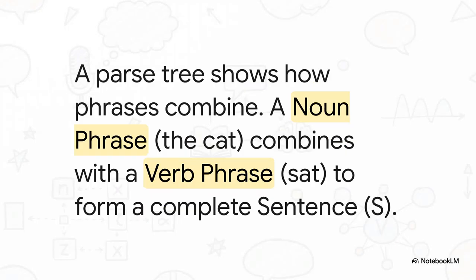And here's exactly what that looks like. It's not just "the cat sat." No, it's a hierarchy. The words "the cat" team up to form a single unit, a noun phrase. The word "sat" is our verb phrase, and our grammar rules say that when you put a noun phrase and a verb phrase together, you get a complete sentence. By finding these building blocks, the machine starts to grasp the sentence's actual structure, not just its order. This is the heart of constituency parsing.